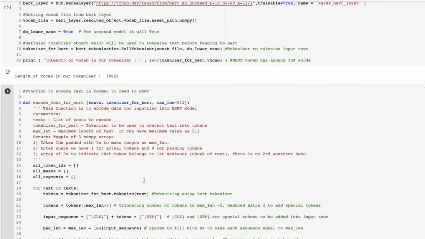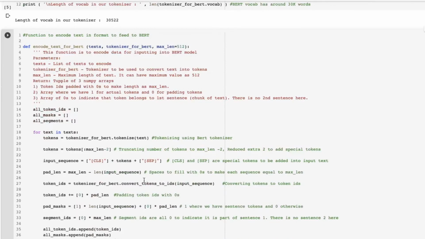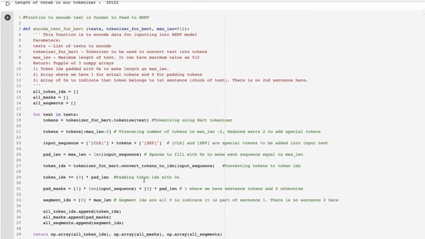Okay, this is a very important function you need to understand. This function is to encode the text for BERT.